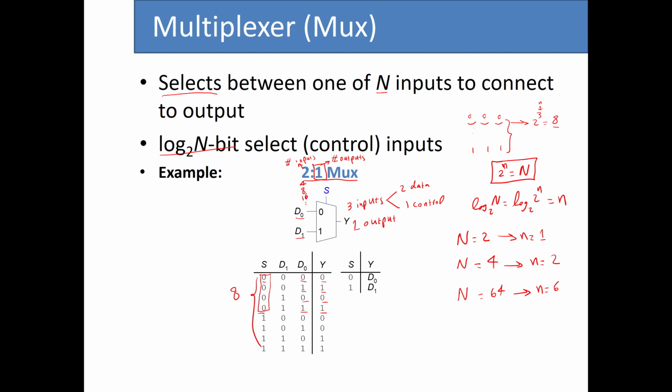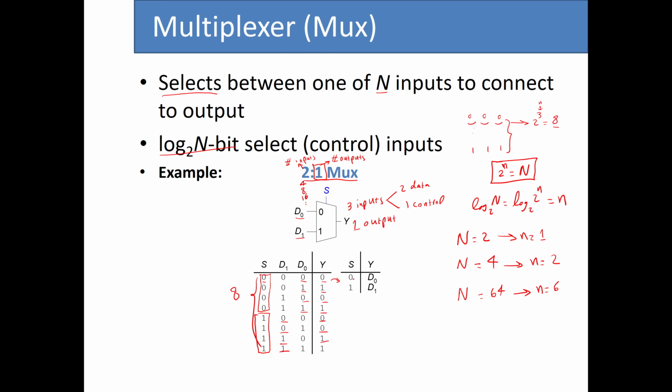For the other 4 rows, when S equals 1, Y equals D1. Again, in this case, we don't care about the value of D0 when S is 1. So since we have this, we can write this truth table in a much shorter and smaller version, basically